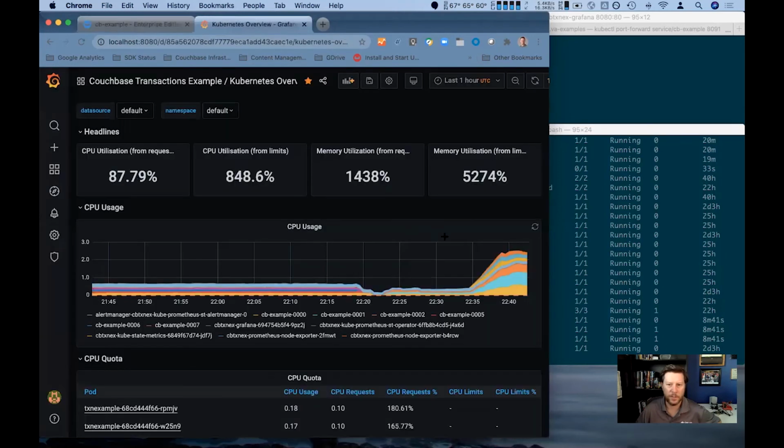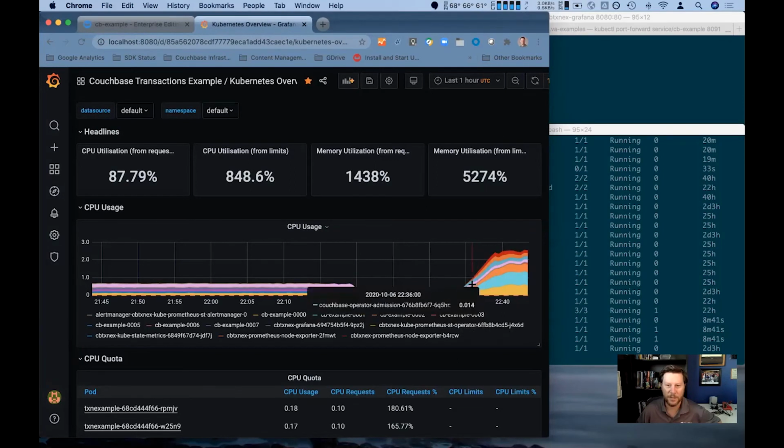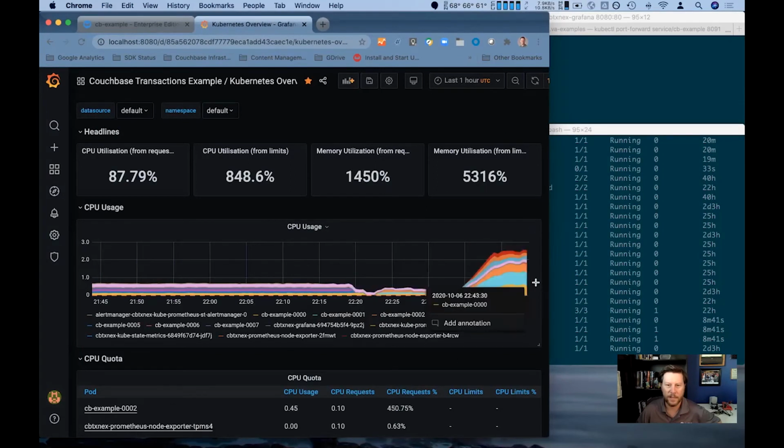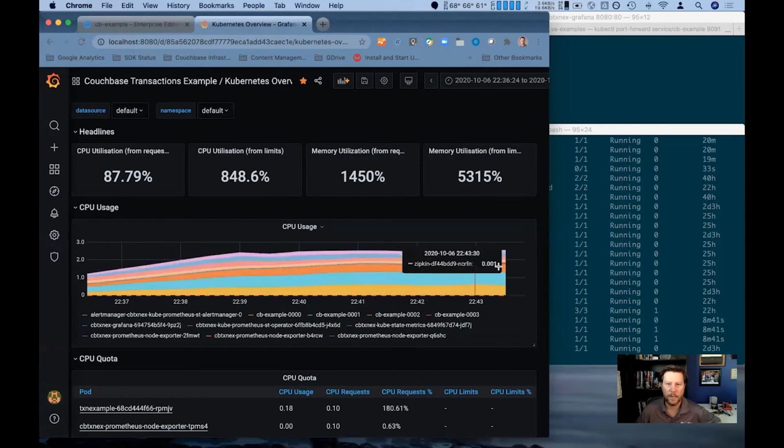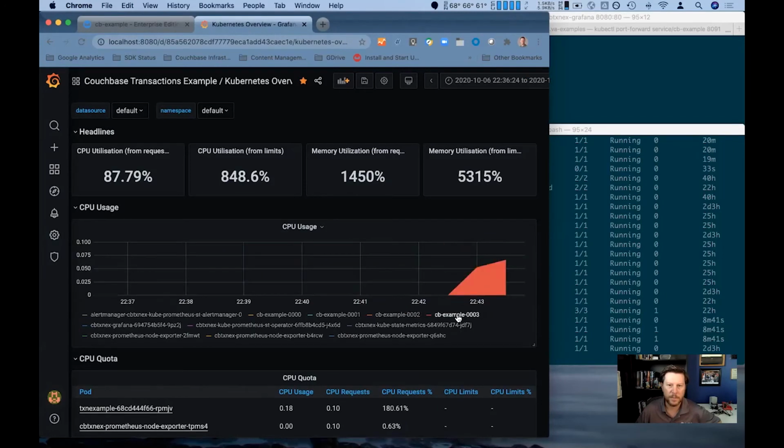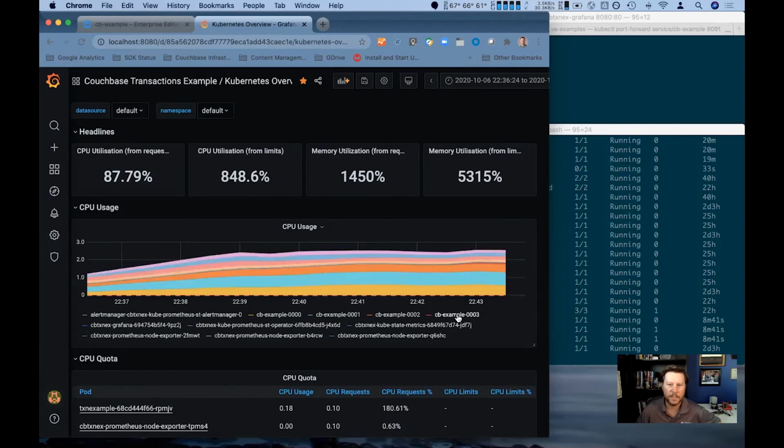So if I were to just come back over here, notice that CB example 003, when Grafana refreshed, it gave me that view. If I were to have a narrower look at what's going on, I should see... I'm not sure why I don't see CB example 003. Oh, there it is. It's this little red line in here. So it's not taking workload yet, but as it comes online, it should start taking transactions workload just like 000